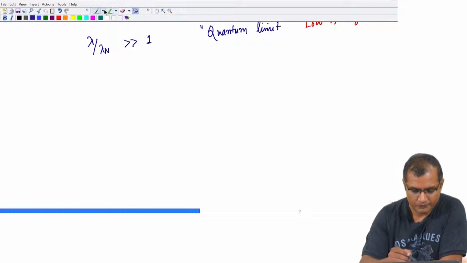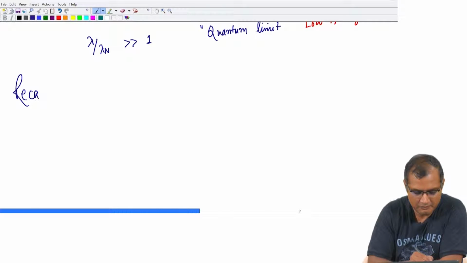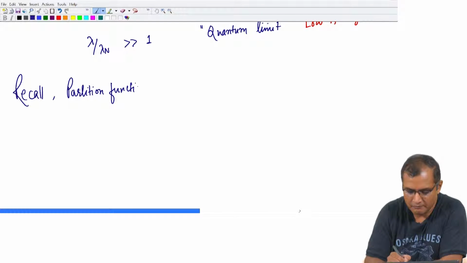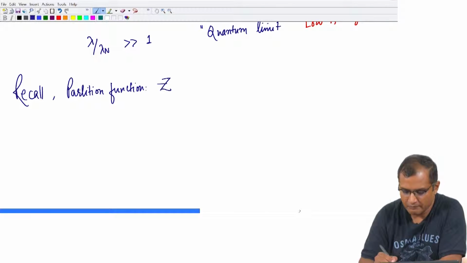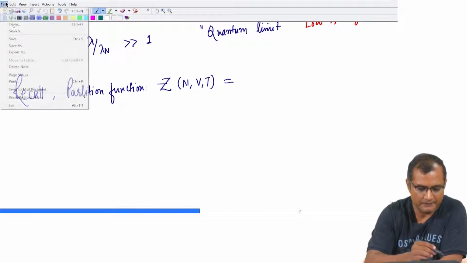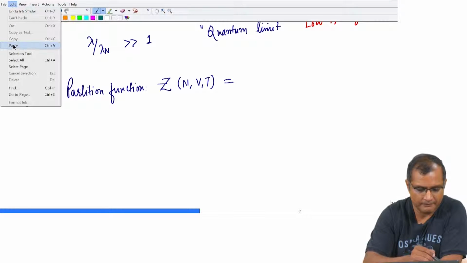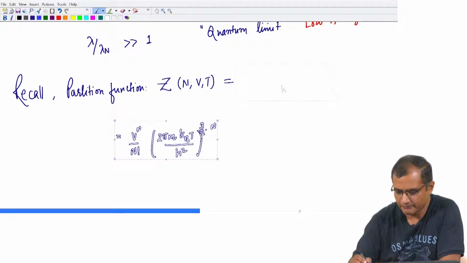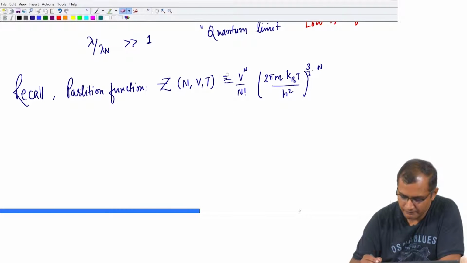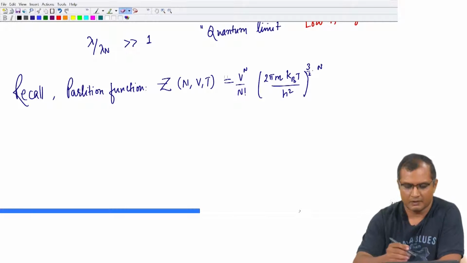The partition function in the canonical ensemble was given as